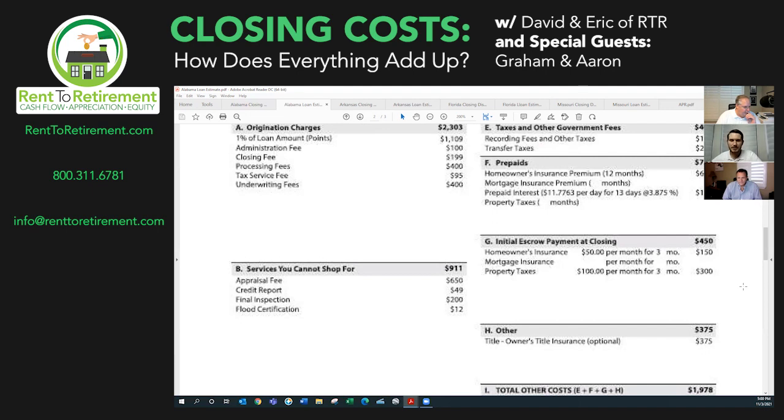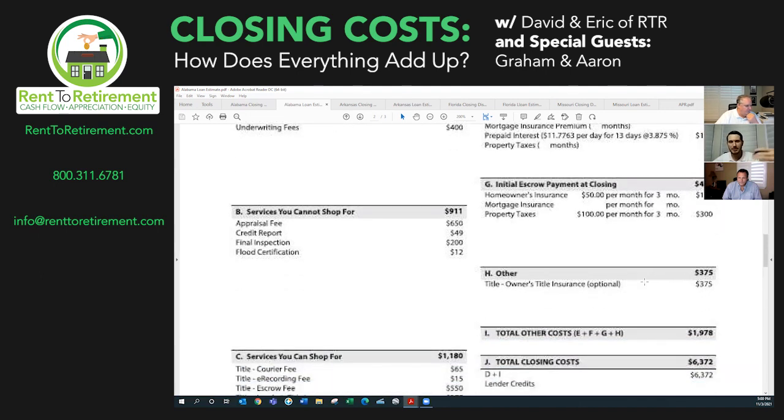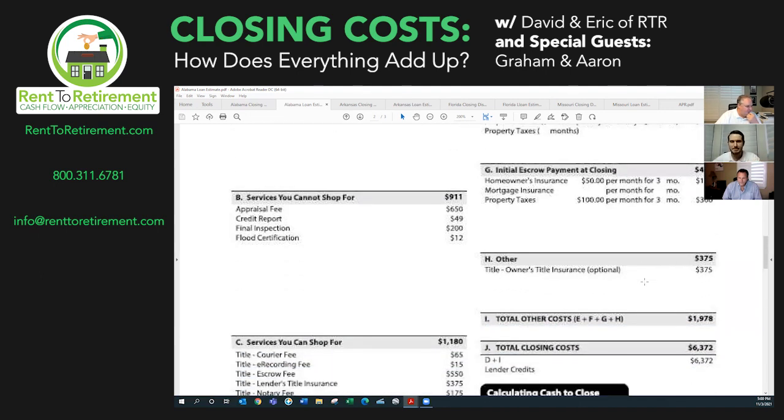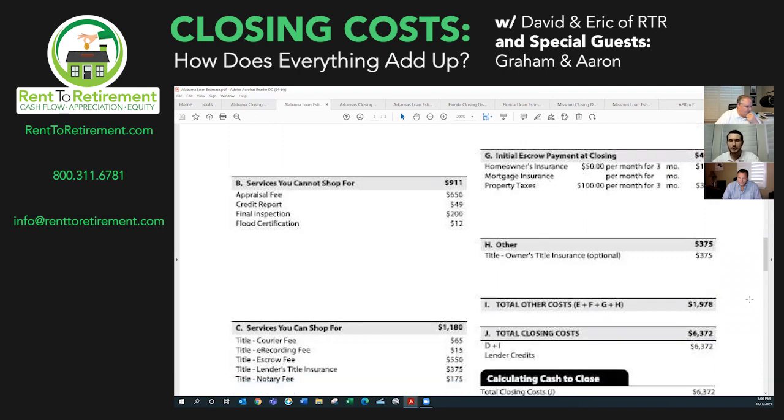Section H down here is again a state fee, the owner's title insurance. How the loan estimate works, it just flows ultimately through this other section. The owner's title insurance is by definition an optional piece for the borrower. 99.9% of borrowers, I would say, opt to get that extra coverage, but that's why it flows through over here. The rate does vary based off the state, so that's one of the items we get verified by the title company. But it is important to keep in mind that it is ultimately an optional item for the borrower.